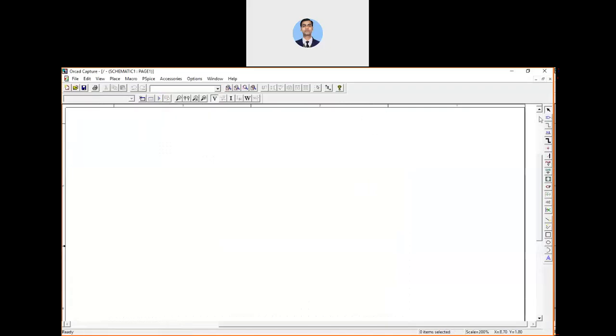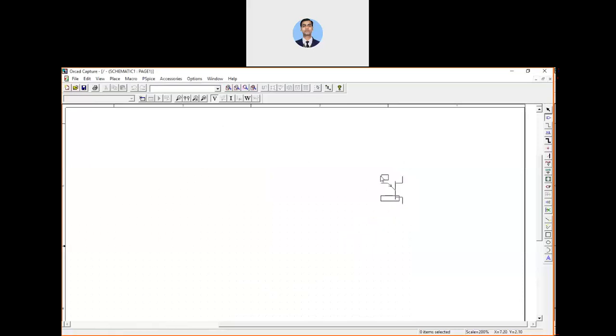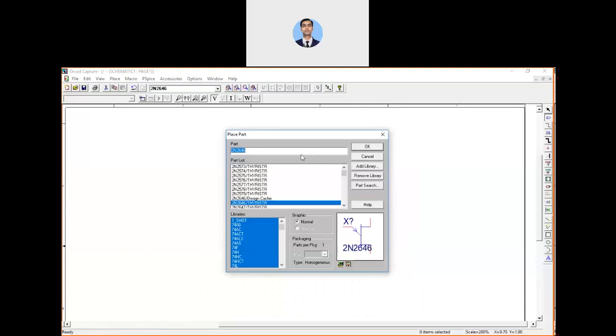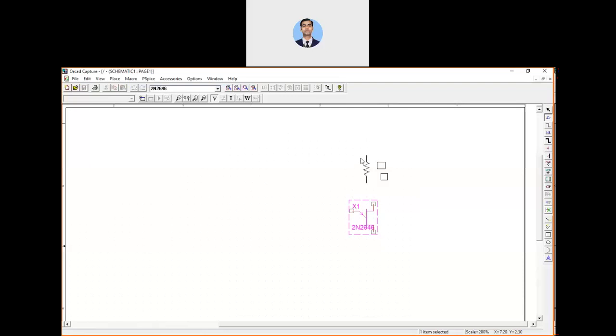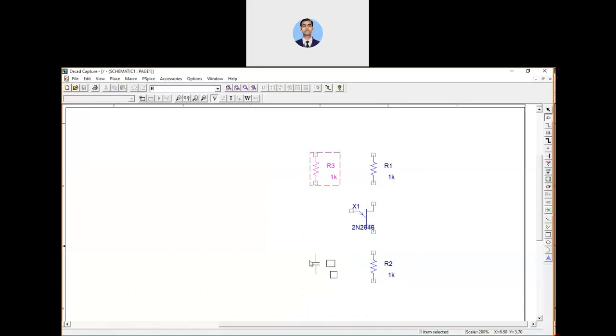So I am going to quickly create the circuit for the UJT 2N2646. The separate video I have already uploaded on how to simulate this one; in this one you can also take a glimpse of it. So I am going to do it quickly. If you don't get any steps, then you can follow my part 1 of this UJT device, in which I have given the complete demonstration of how to simulate.